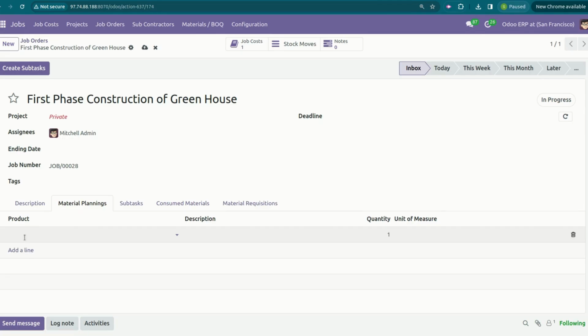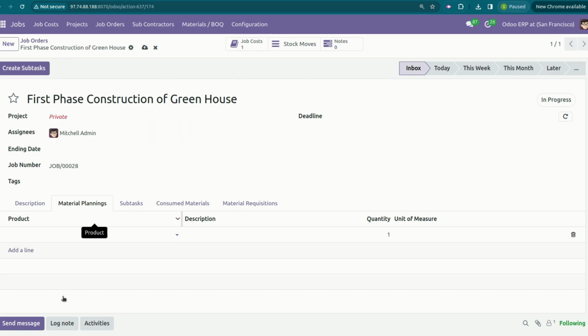Right now I created the material requisition from the main menu, but if you want to create material request from the job order, then we have already extended module available, which will provide you the button here on the top.